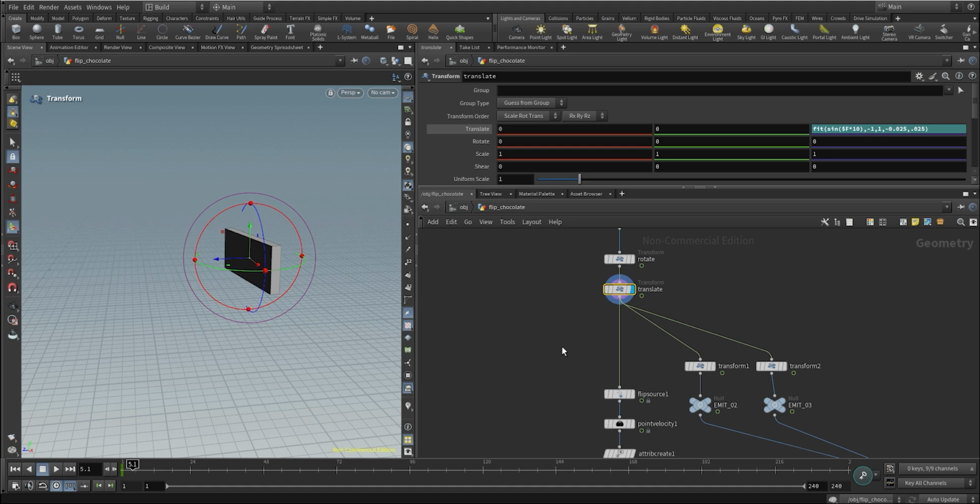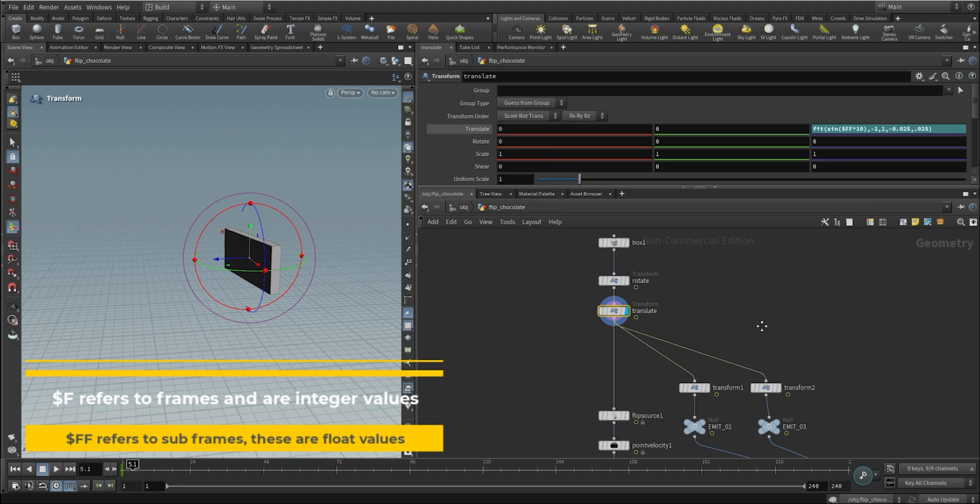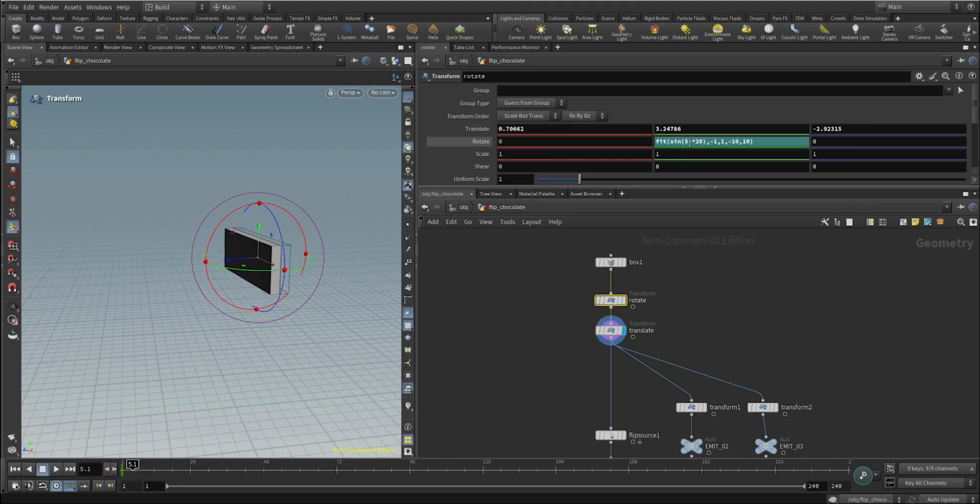One is using a different expression. In the expression, we are creating the sine wave based on the frame, and the $f is going to be integer, so we can switch this into $ff, and this is going to be using a float frame. Same with the translation, we can switch that, and this is going to fix it. So now if we move through the timeline, you can see it's way smoother and it's moving through every part